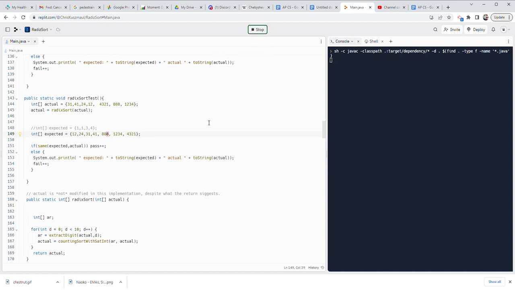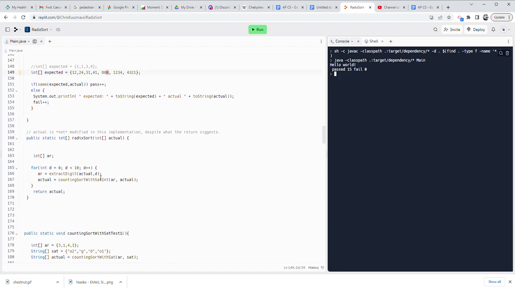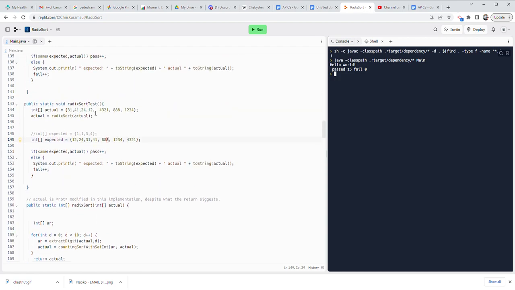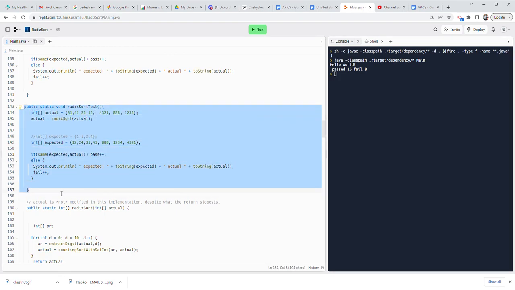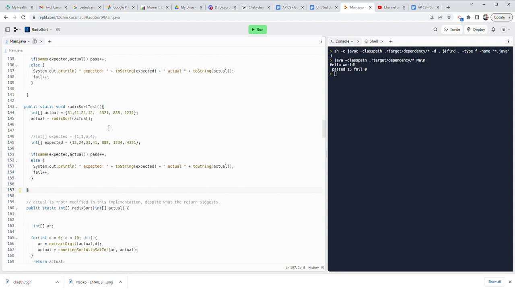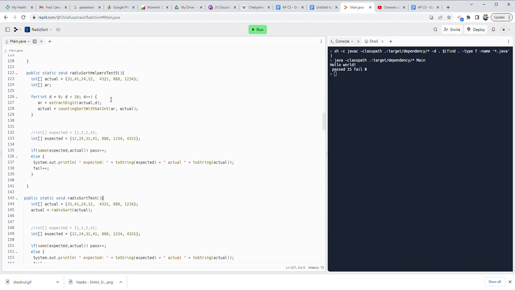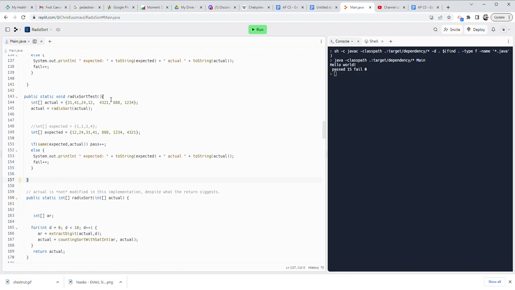So this exposes both the strengths and the weaknesses of my method. Sure enough, we have a pass for all 15 cases. And so our Radix sort has been tested in a relatively interesting test case, RadixSort test. And it's supported by all these other RadixSort helper method tests. So I actually have a high level of confidence that the Radix sort works